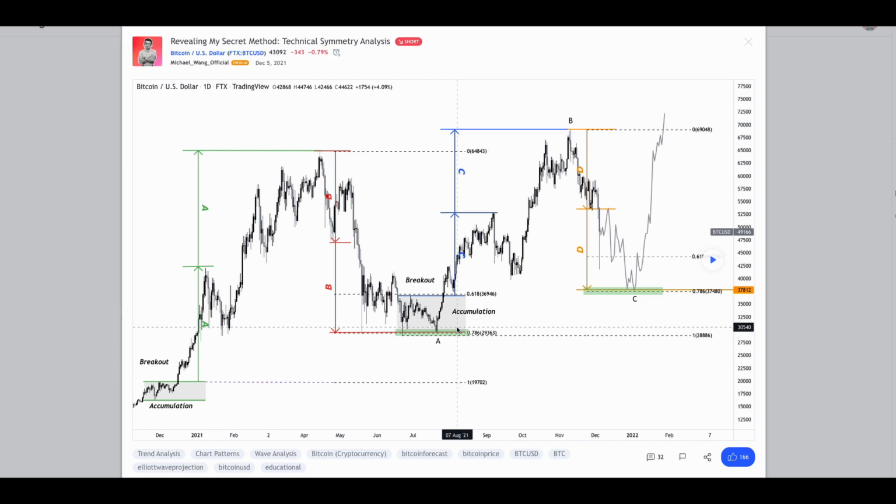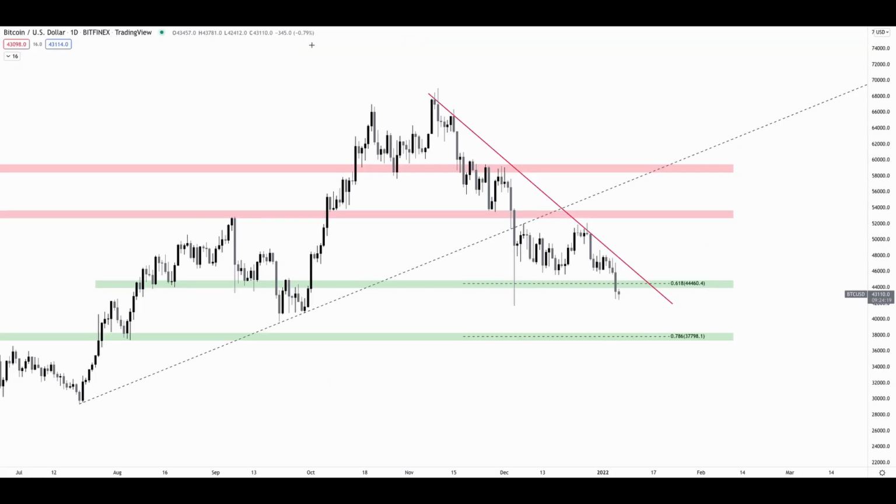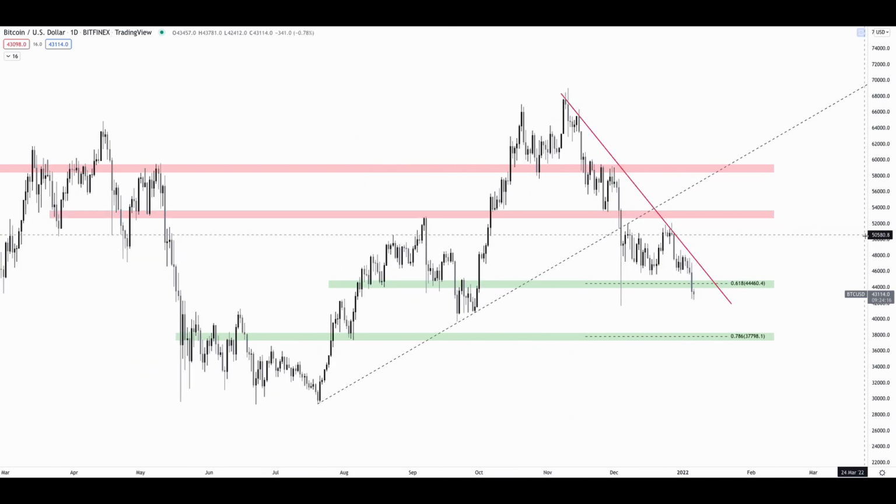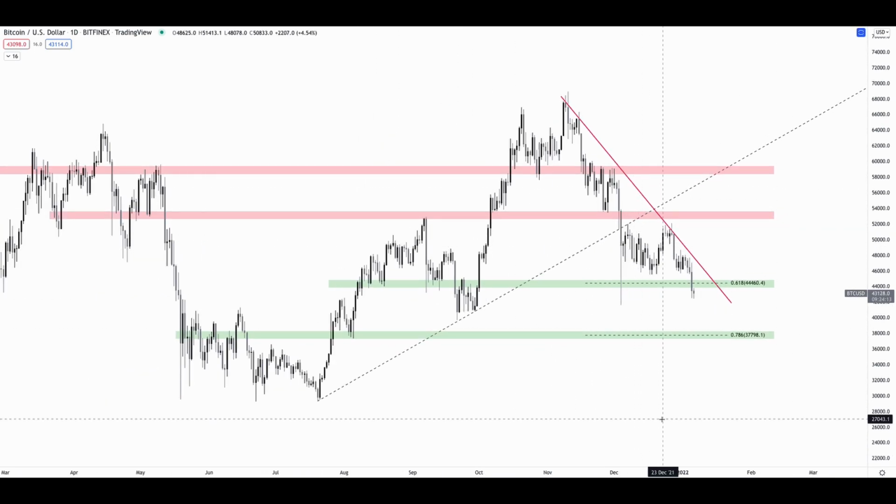I look at support and resistance, invalidation and confirmation levels, right? Like this chart looks simple, and look at how many lines there are, right? All I got here are the significant support levels marked in green, the red lines representing the resistance, right? We have this dotted line demonstrating the uptrend that we were at and how we failed to break above that line once again, right? And there's a descending resistance to represent the current downtrend that we are at, and that's it. And based on this, I have invalidation and confirmation levels.